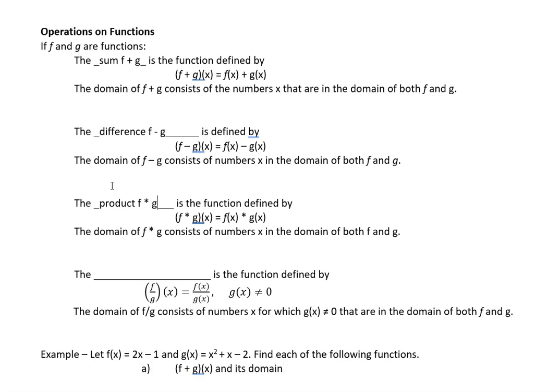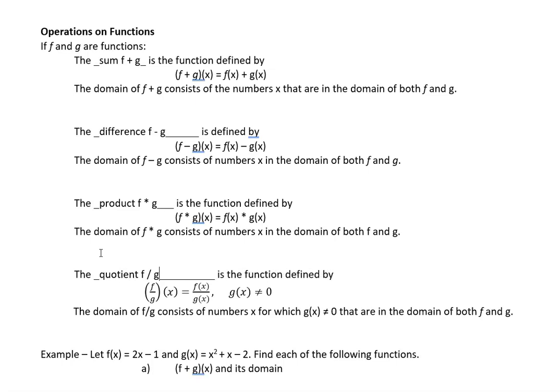So as you can see from these definitions, for f plus g, f minus g, and f times g, if f and g are the same, then the domains of those operational functions are going to be the same as well. That's going to change just a little bit when we get into division, because the quotient f divided by